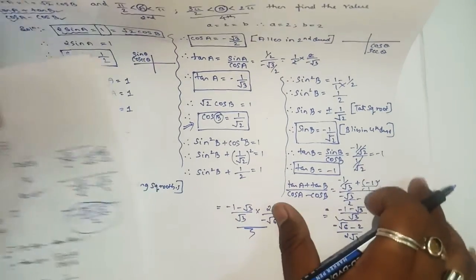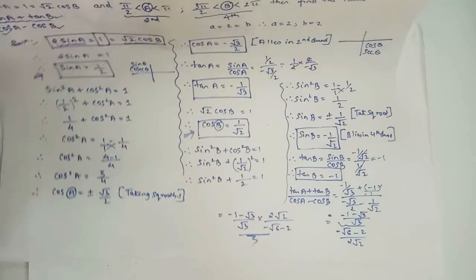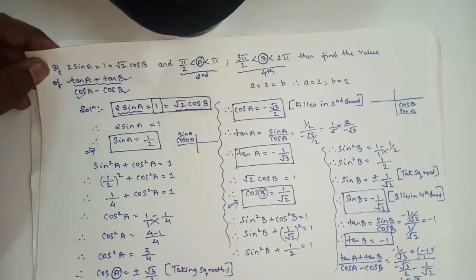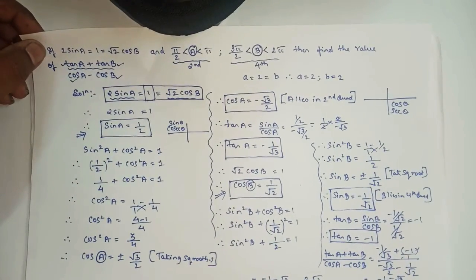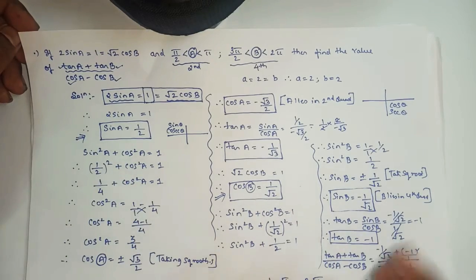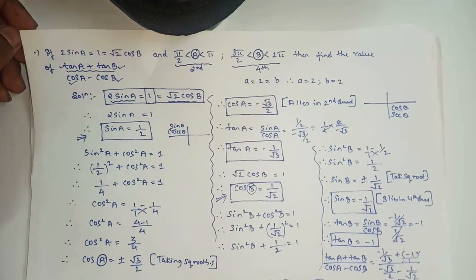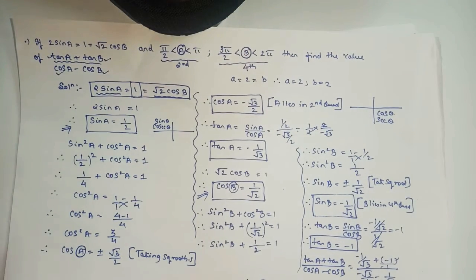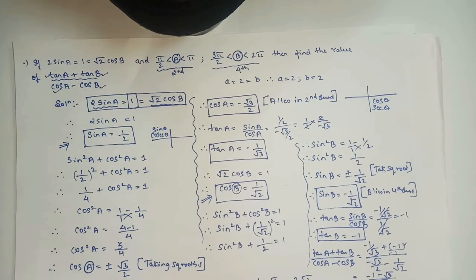So I hope you all understood the first sum of your exercise number 2.2. Here also we used the basic concepts, that is the identity formula and then the reciprocal formula, to get the answer. For this exercise also I will say that the reciprocal and identity formulas will play an important role. Okay, so that was the first sum. Let's move on to the second one now.